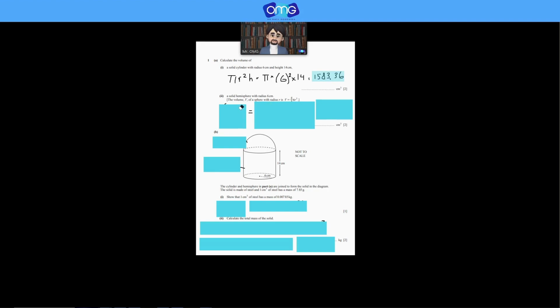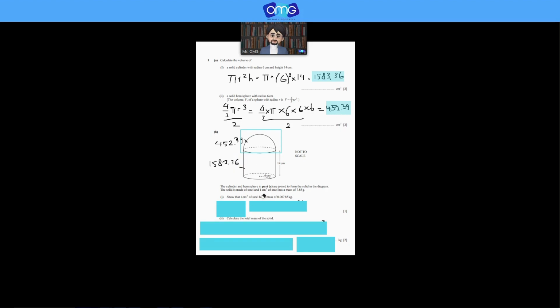How about our hemisphere? A hemisphere is like this one. It's like half of a sphere, so the volume is 4 over 3 pi r cubed divided by 2. We substitute r equals 6, and we get this volume. Okay, so we know this is related. This is the hemisphere with radius 6, this is the volume, and this is the cylinder with the radius 6